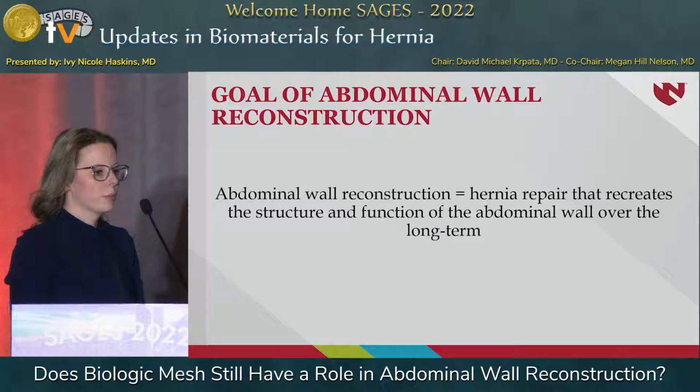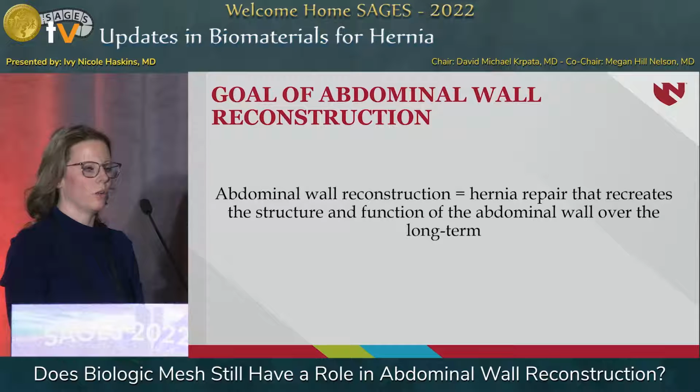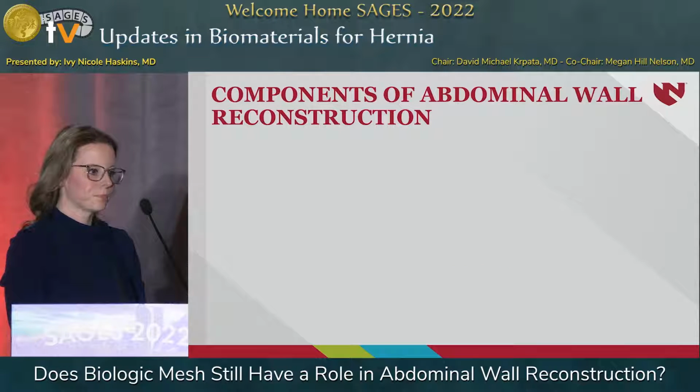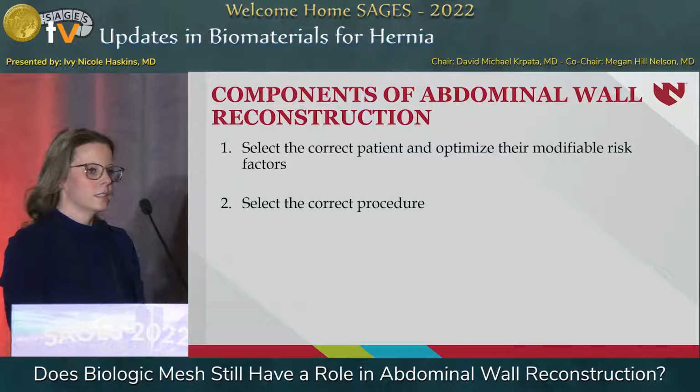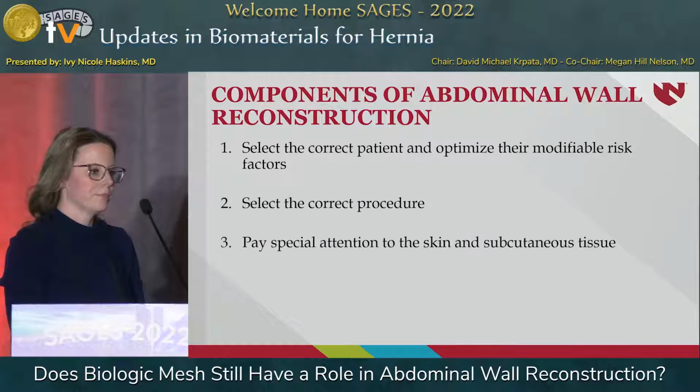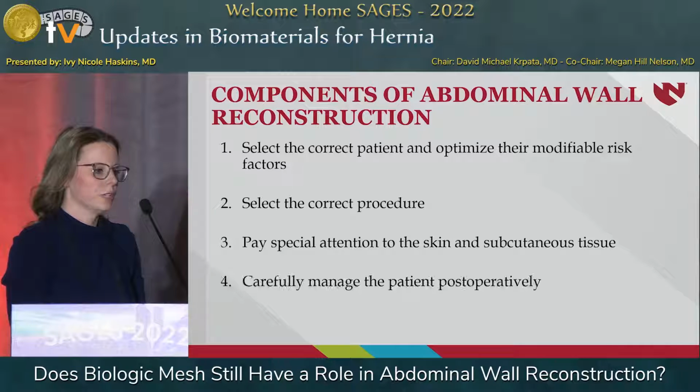Really, you want to perform a hernia repair that recreates the structure and function of the abdominal wall over the long term. Simply put, you want to perform a hernia repair that has a low associated rate of hernia recurrence. Some of the components or tenets of abdominal wall reconstruction include selecting the correct patient and optimizing their modifiable risk factors, selecting the correct procedure for that patient, paying special attention to the skin and subcutaneous tissue, and carefully